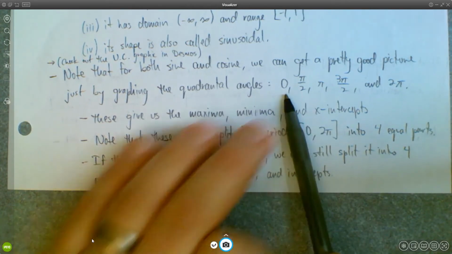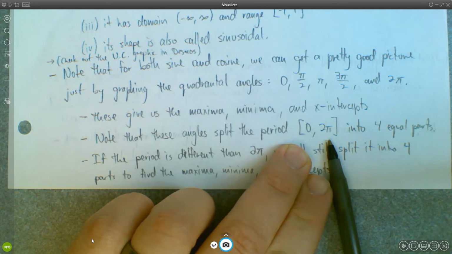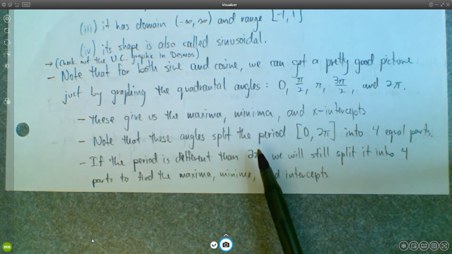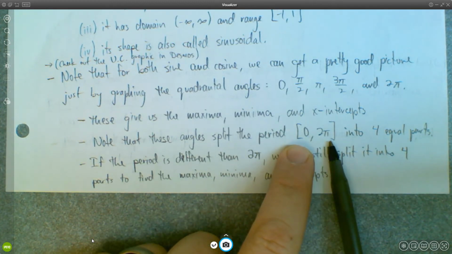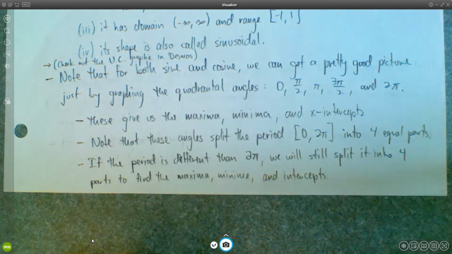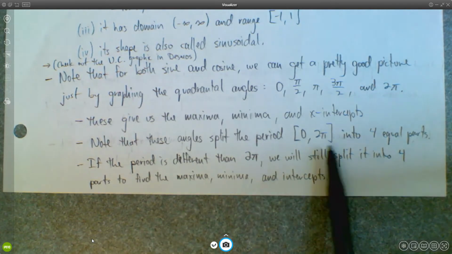Now, these 5 points split this interval into 4 equal parts. So when you're dealing with just sine x, cosine x, where the period is 2 pi, then you want to split 2 pi into 4 equal parts in order to find these 5 points. If the period is different than 2 pi, we're still going to split the period into 4 equal parts, whatever